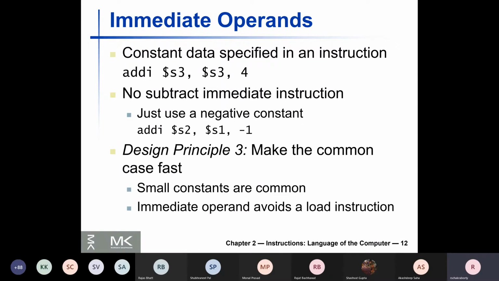What we mean by avoids a load instruction is you first load a big constant into memory, then you load it into the register. That is possible. With 32 bits you can load from memory to register. But loading from memory to register is time-consuming, and you have to store the value in the memory location also. That is something that is not very convenient.